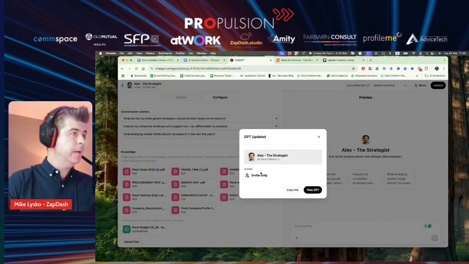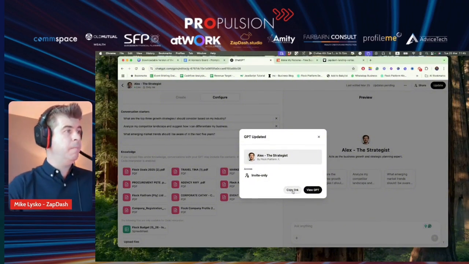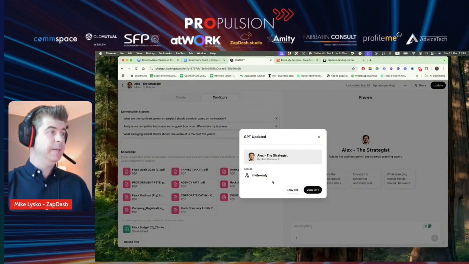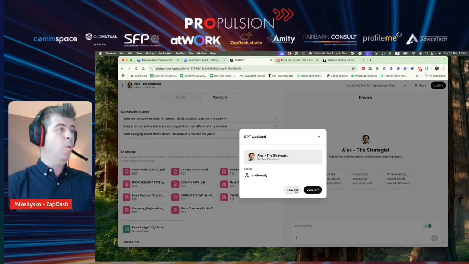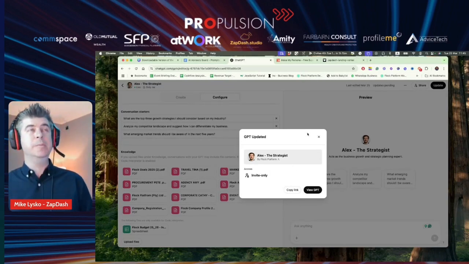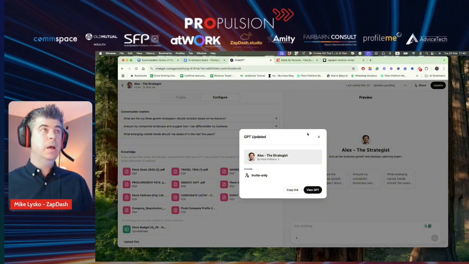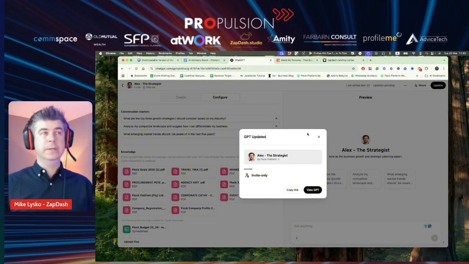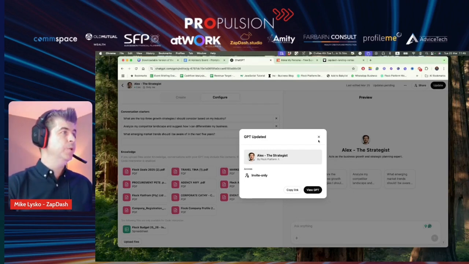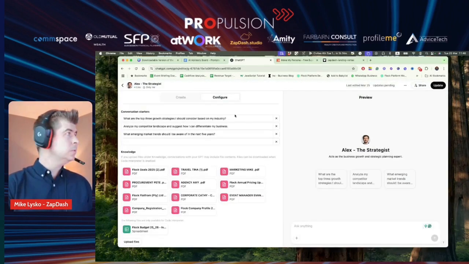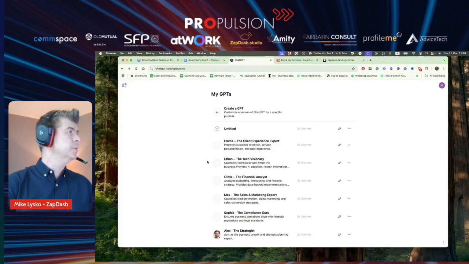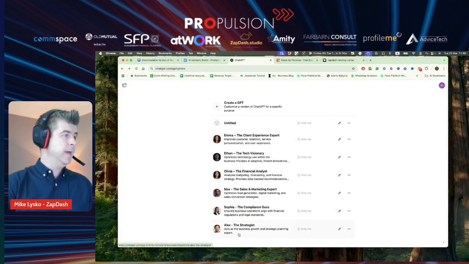You'll see over here, you can access the GPT by yourself. I've just given invite only, or you can make it available on the GPT store. So if you want it to be accessible by anyone, again, it's not referencing your data, but it's just the way it prompts and engages. You can build your own, and you can also search on the GPT store. Okay, so let's go back into our GPTs, and you can see Alex is over here.